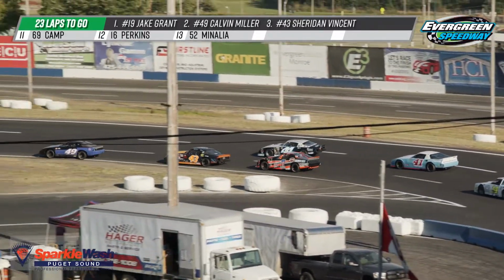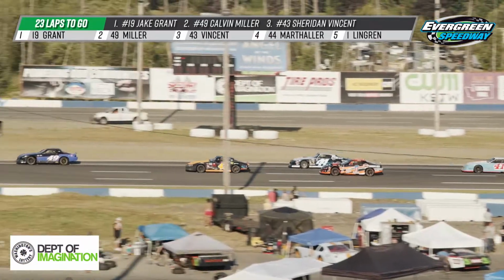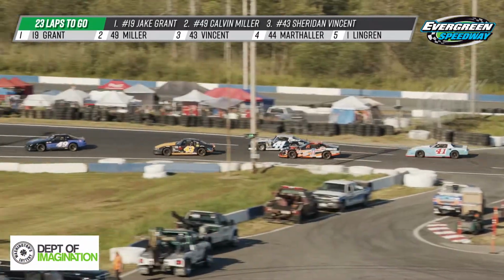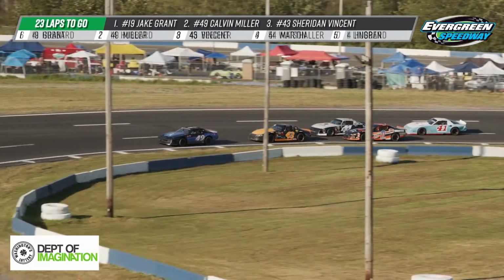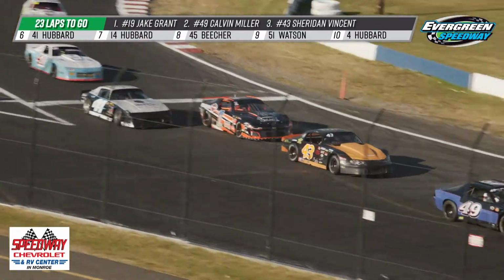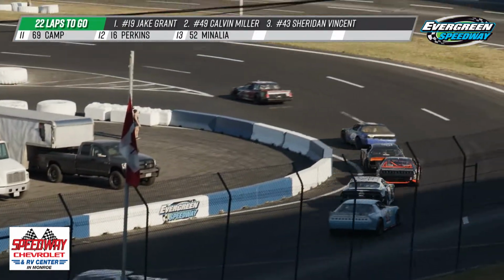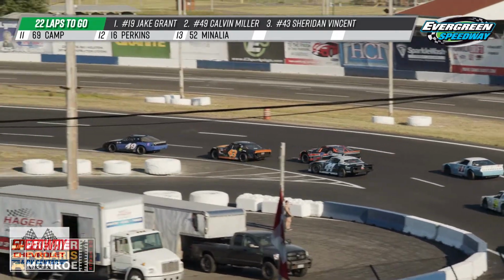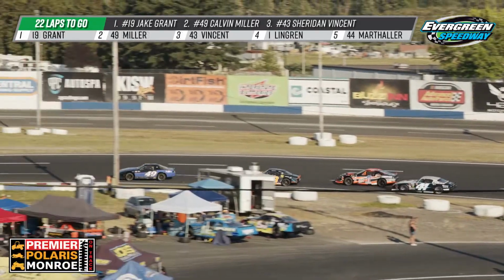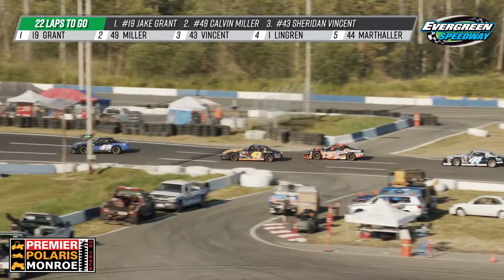early. 23 laps to go, but here comes the past champion, Ted Lindgren, in that 1 car to the inside of Mike Marthaler, making his life a little bit more difficult. So we'll see if the outside lane on the 44 of Mike Marthaler is going to hurt there as you see Ted Lindgren going to the inside right behind Sheridan Vincent in the 43. Marthaler, though, able to get back to the low side, so got out of that wide lane that we saw that has hurt so many other racers in earlier races tonight,